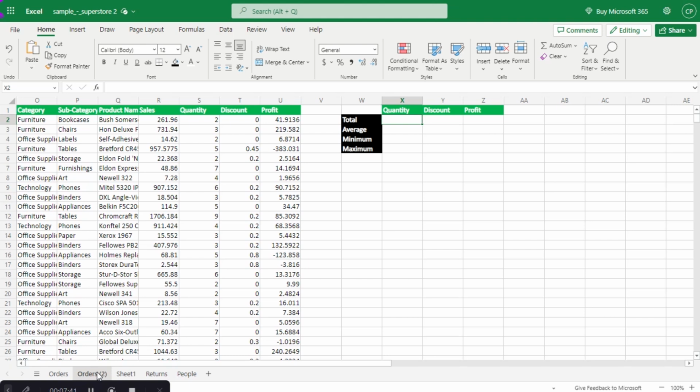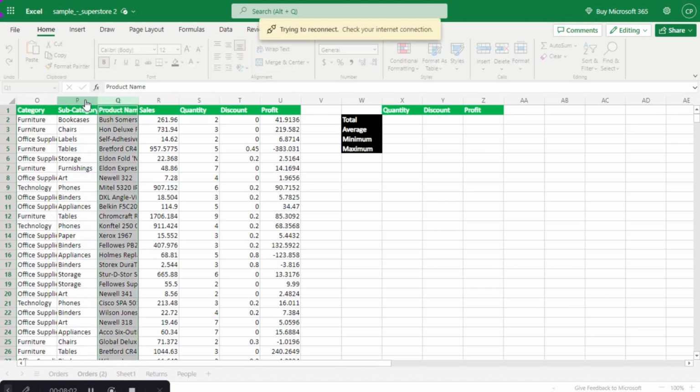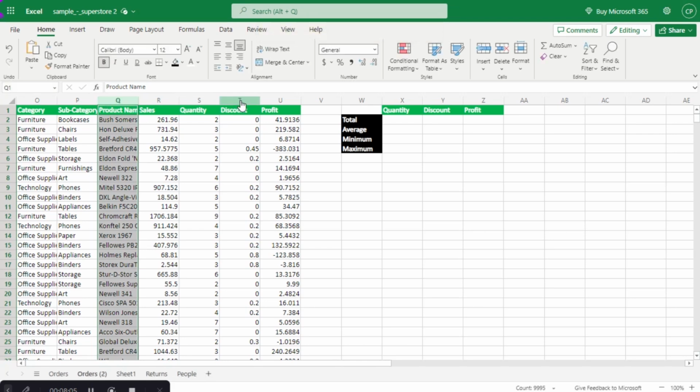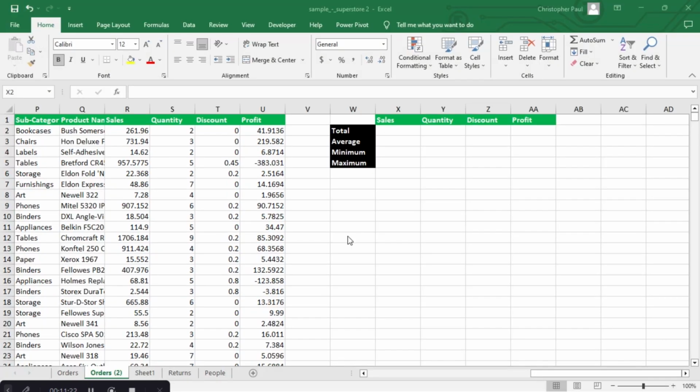So going ahead, we have the category, subcategory, and you may be surprised on how we are having O, P, Q. It is because I hid the data, which I'm going to show you as we get started, on how to hide each column if you don't want to see anything in particular or you want to hide it from anyone. Okay. For you to calculate the total sales, quantity, discounts, and profits, we need to use some functions,